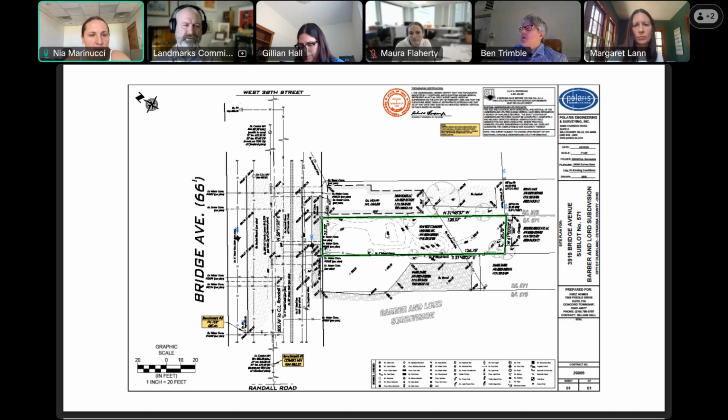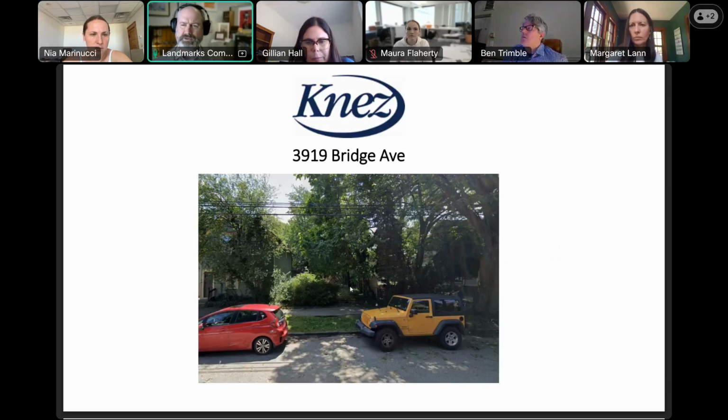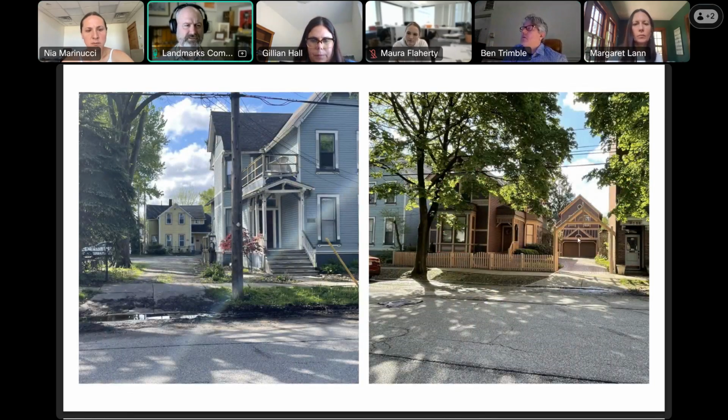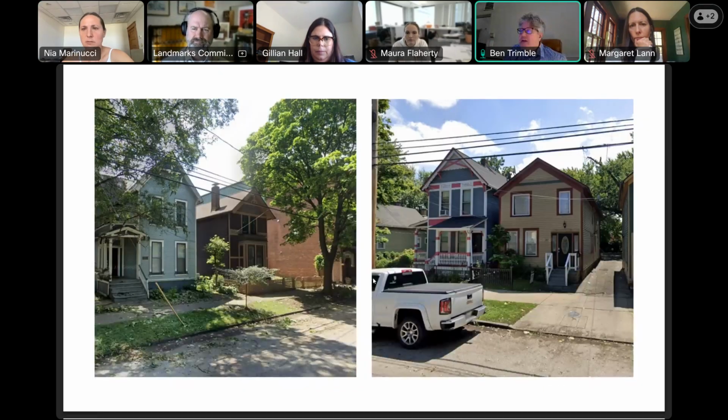Yeah, totally. Do you have an idea of how far back that other carriage house that we keep looking at as an example is set? It looked really deep, actually. I think that's probably 60 feet or more. Yeah, maybe more. Okay. I think if we set it back 40 feet, it would put it basically back,